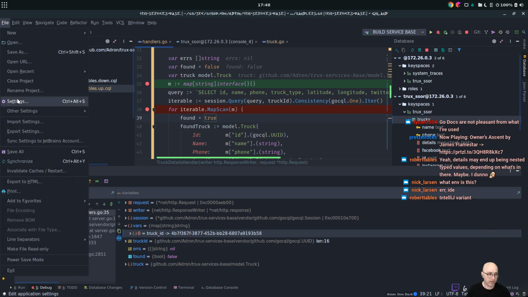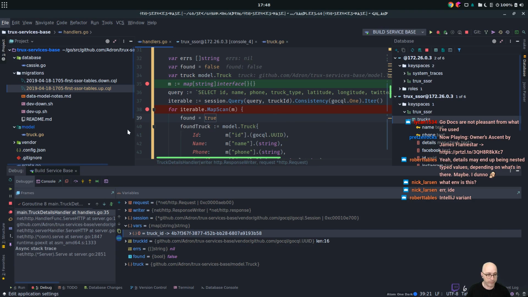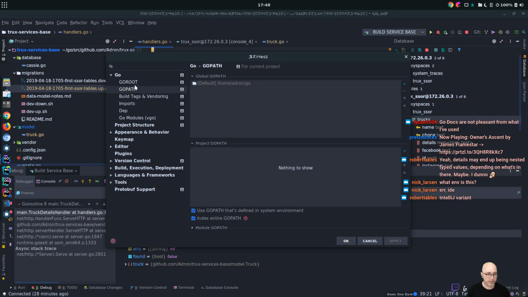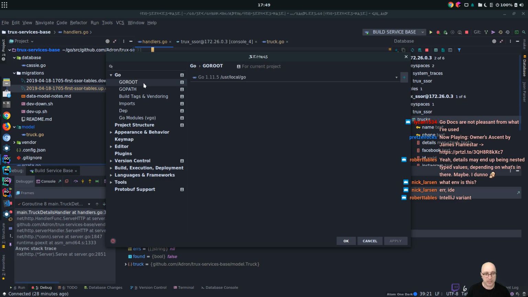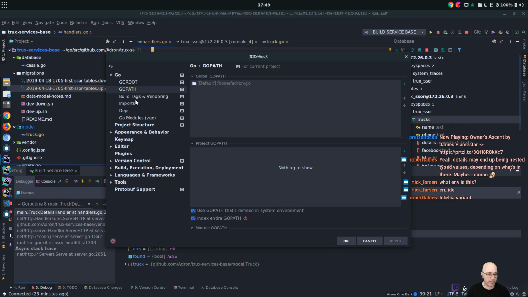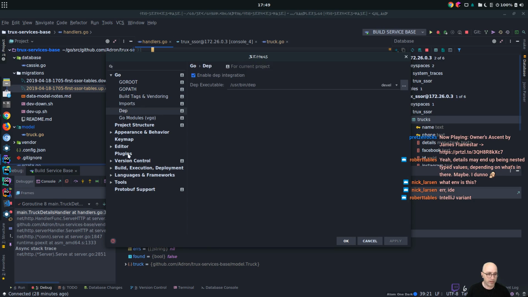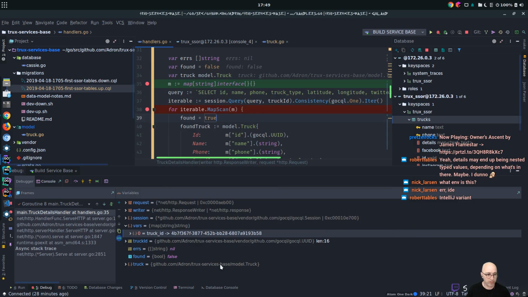First thing you can tell is when you go into settings, right up here it says Go, and it has these default systemic premises of how Go works in the environment, like your Go root, Go path, vendoring and build tags, and your dependencies, which I map to dep, and then Go modules, which I'll start using when it works a little better. But anyway,